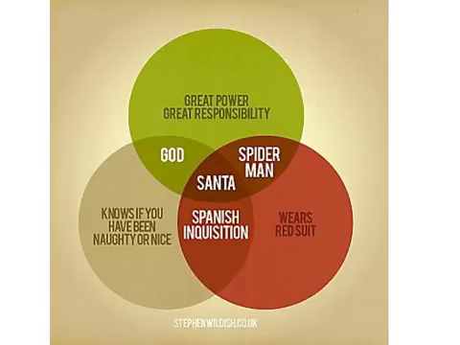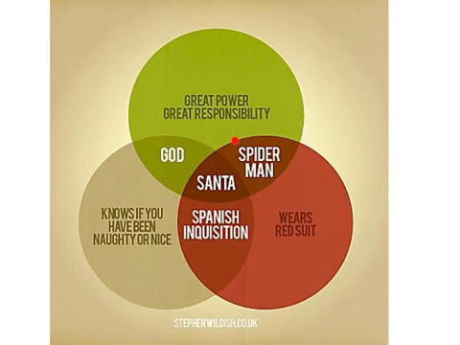Here's a pop culture example of a Venn diagram simply to show how these multiple overlaps can work. We have one circle representing pop culture figures with great power and great responsibility. Another circle representing pop culture figures who wear a red suit, and another one showing figures who know if you've been naughty or nice. So the creators of this diagram say that Spider-Man has great power and great responsibility within